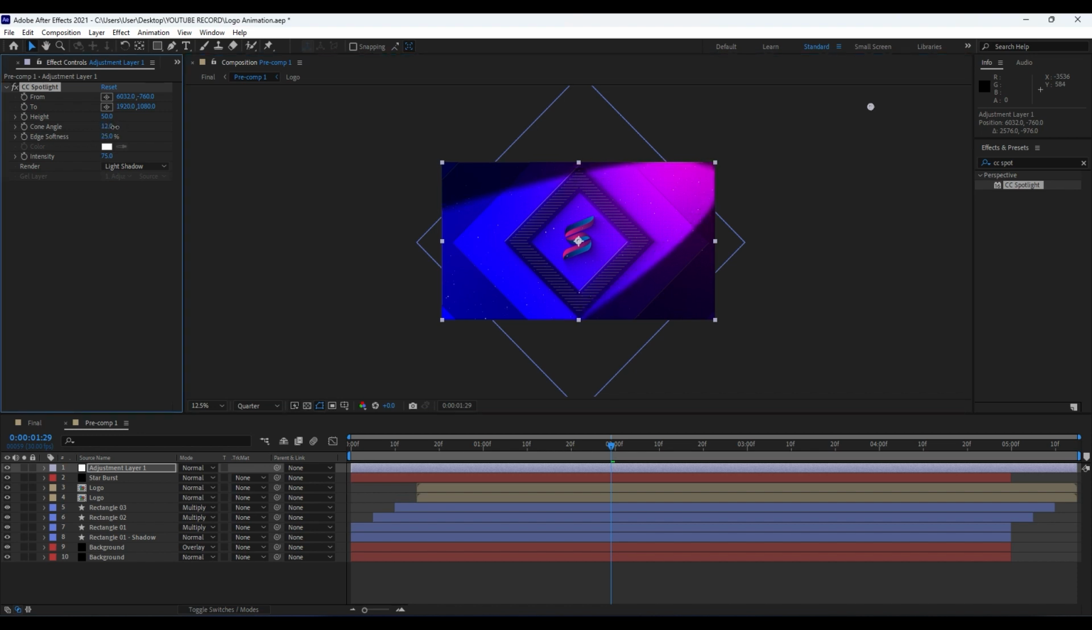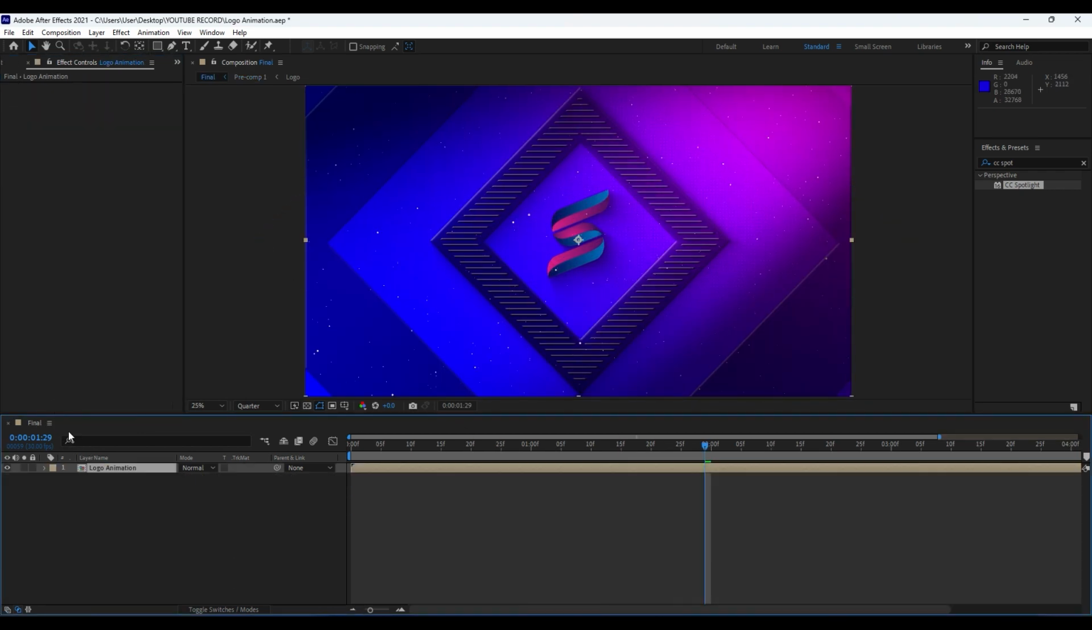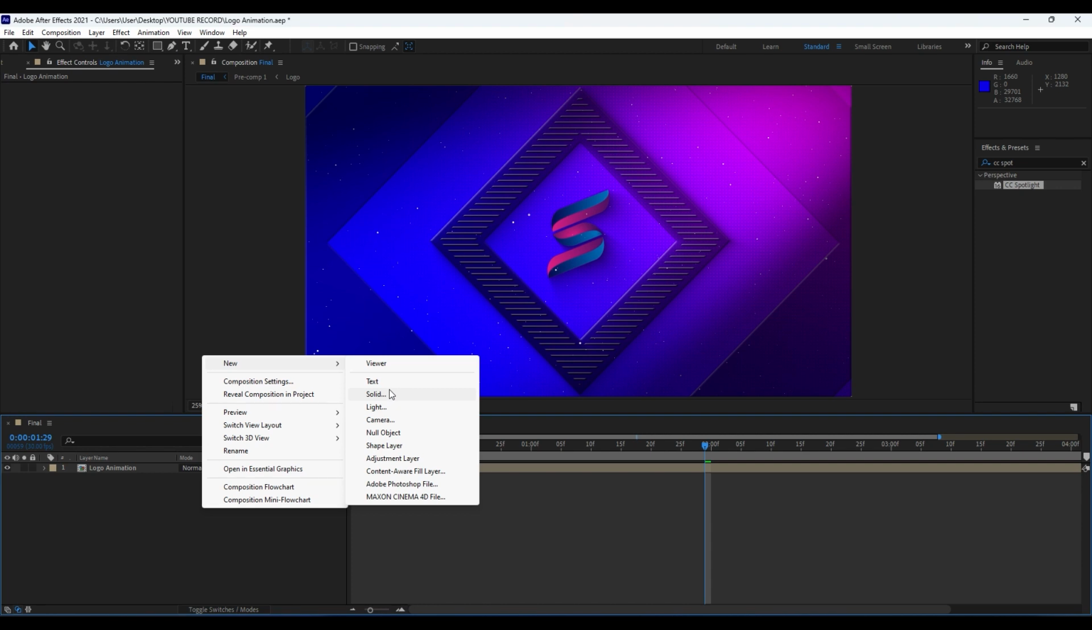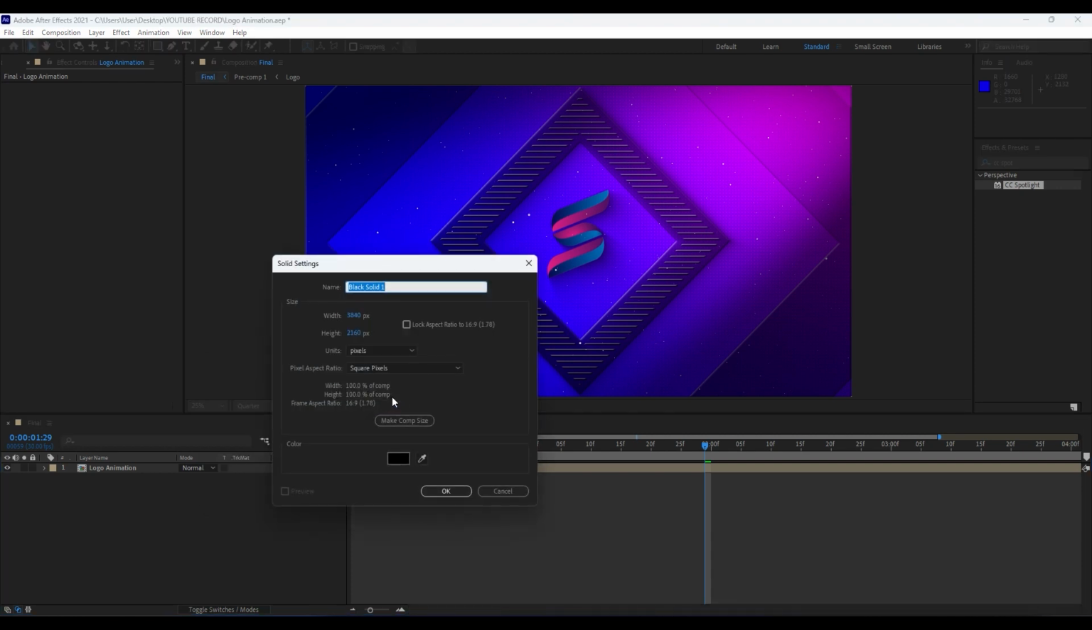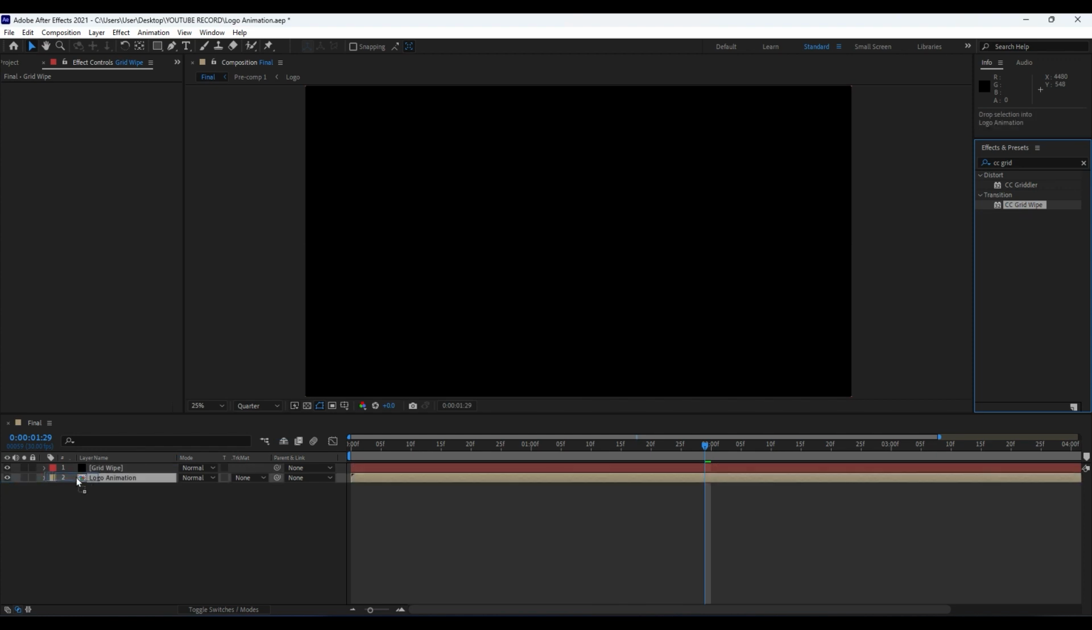For the cone angle, go to around maybe 15. Edge softness, play around to maybe around 100, and for intensity I will do 60%. This is looking really cool for now. Now go here again in our final composition. Also right click, find here new solid layer. I will rename it grid wipe, hit OK, and here in effects and presets find CC Grid Wipe, drag and drop onto our